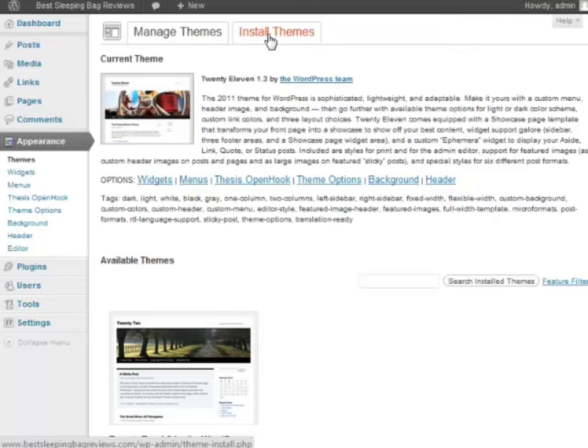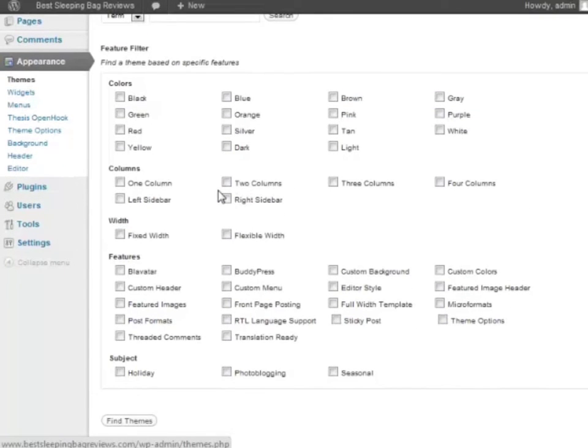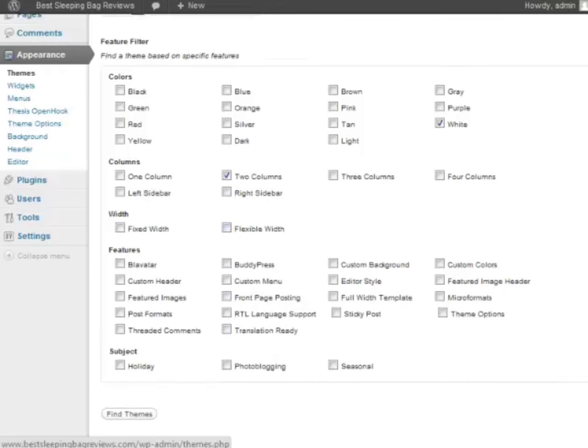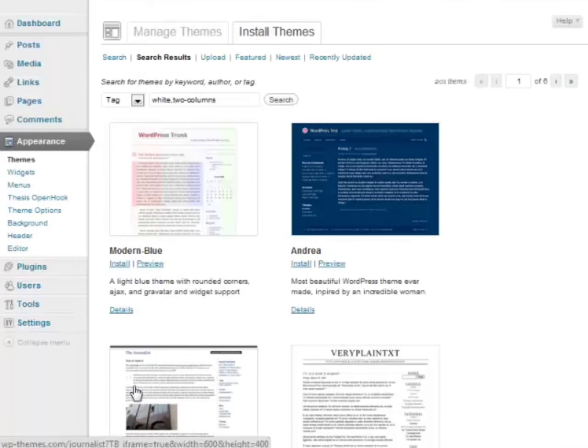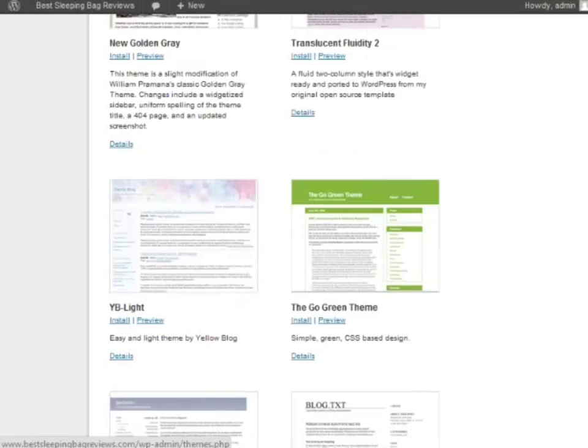You will want to go ahead and change the theme you're using. You can use one of the standard WordPress ones, which are nice because they're always going to be updated. But again, they do have some limitations that I don't like about them. So you can go to install themes up here, and you can browse all of their free themes. If you're going to do that, I would go for a very plain one because we don't want a lot of unnecessary graphics and colors and all that stuff. So I would choose a white one. I would go 2 columns. You probably want to go flexible width, but you don't have to. You can just hit Find Themes then, and it'll just give you a list of a whole pile of themes